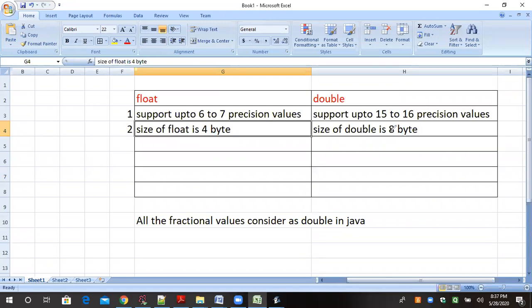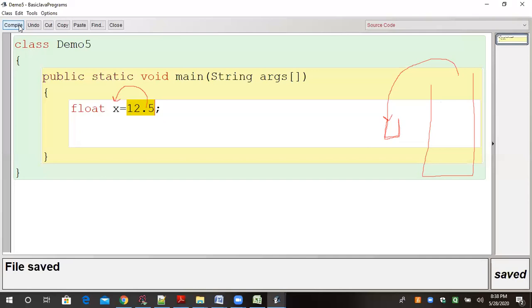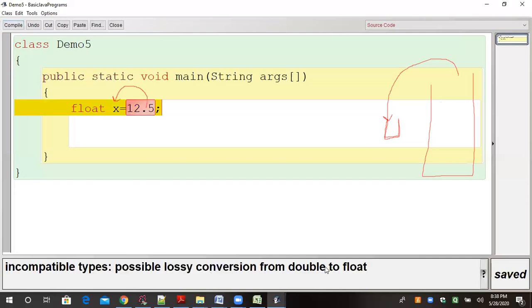See, this is a small iron box, okay, and I want to put this big box in this box. This is iron big box, this is iron small box. I cannot put this box into this box. It's highly difficult because the volume of this box is very high and the volume of this box is very low. So what happened when I will store this value into the X? The error will come, possible loss of precision. Wait, I will show you. Just a moment. I am doing the compilation. Possible lossy conversion from double to float.